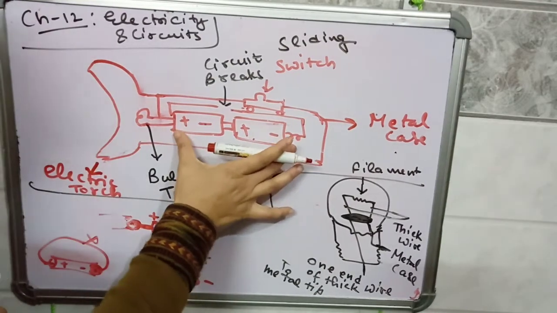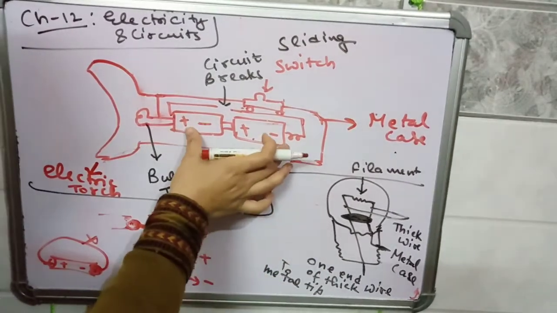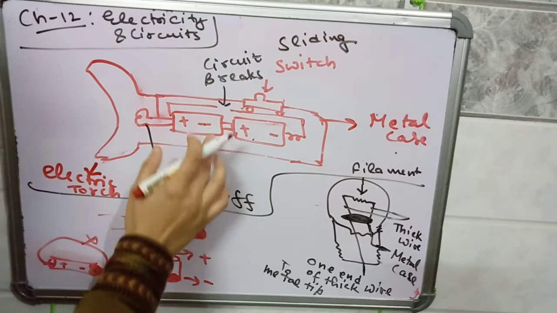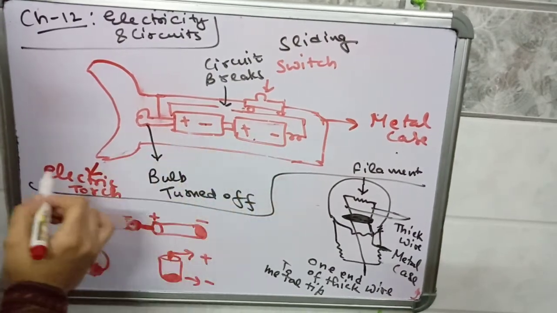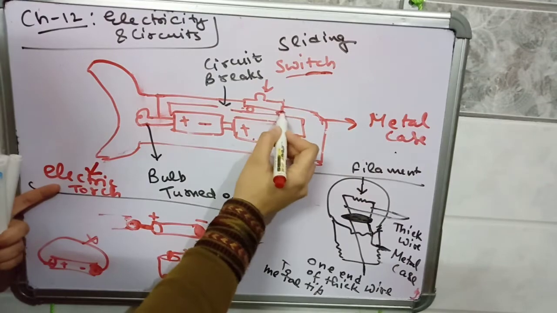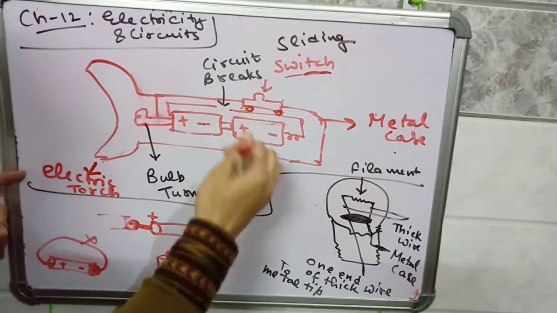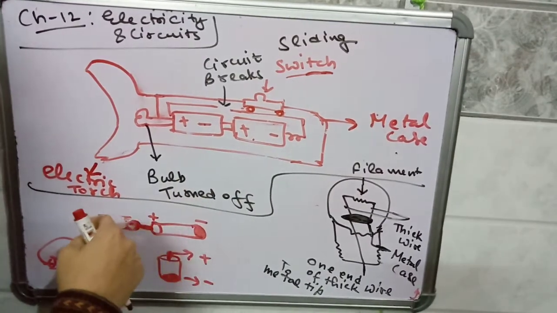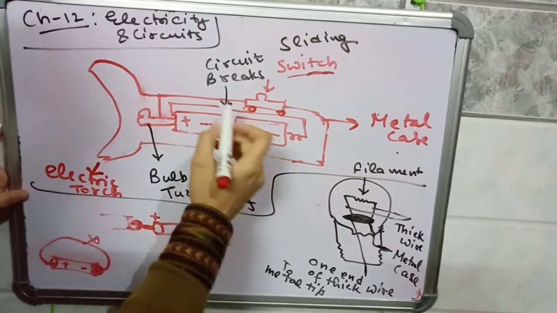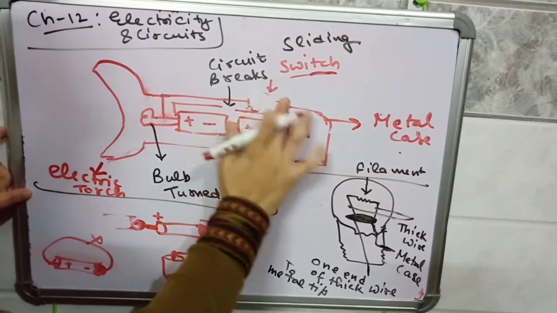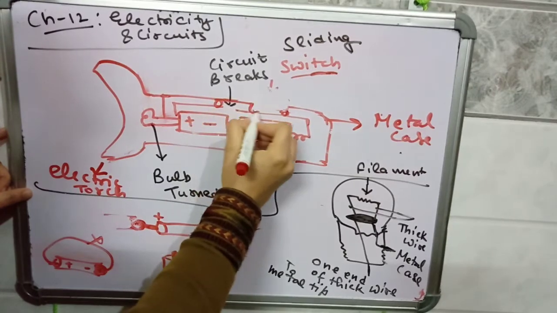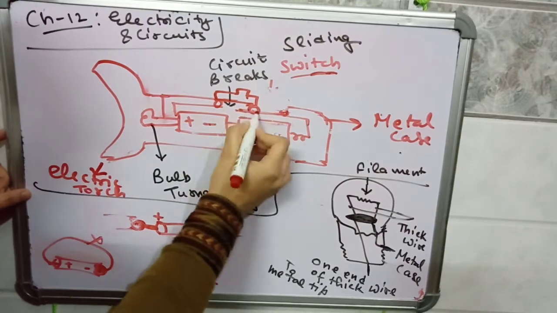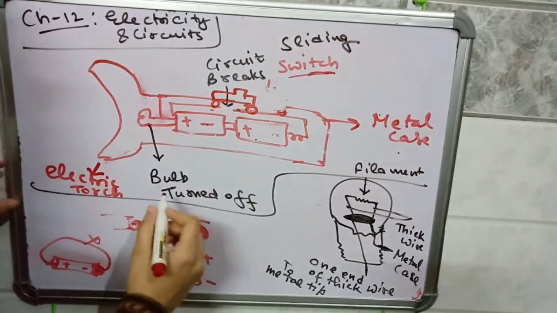So here is the arrangement for supplying the electricity. We are using an electric cell or electric battery. How they are connected, I have told you, plus minus. Here is the switch. There is a slider arrangement in a switch. So when the switch is in the backward direction, the bulb will turn off and the torch is not operating. And when we slide the switch in the forward direction, what will happen then? Now the connection is made, so the circuit will complete and the bulb will glow.